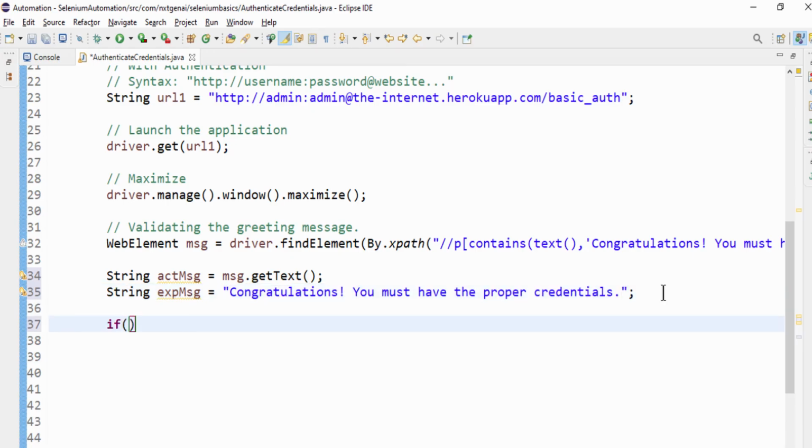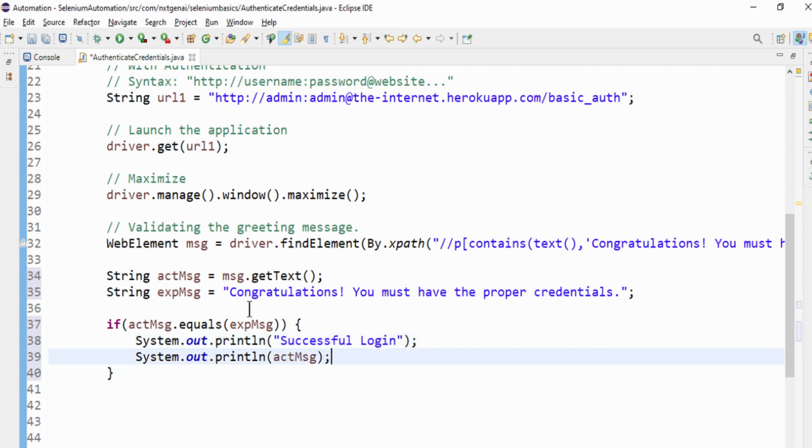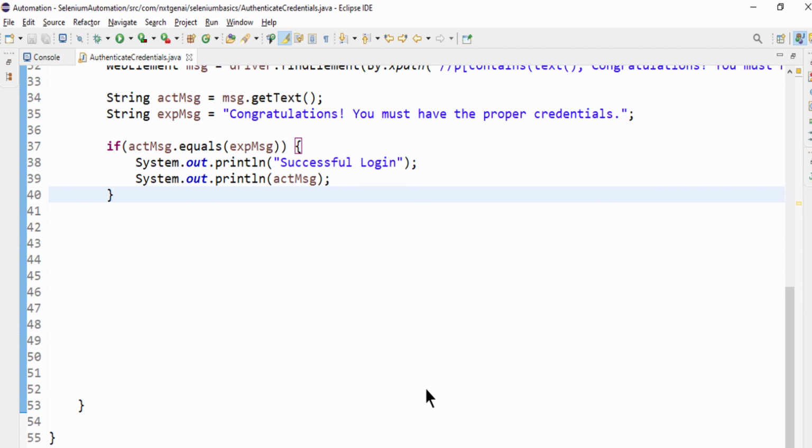Now if actualMessage.equals(expectedMessage), then we can display successful login. In addition to that, you can display the actual message also. Let's try to execute and see the output.